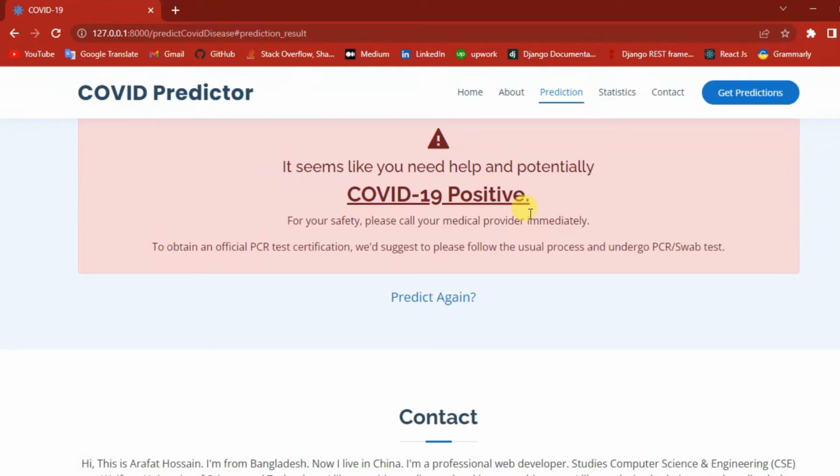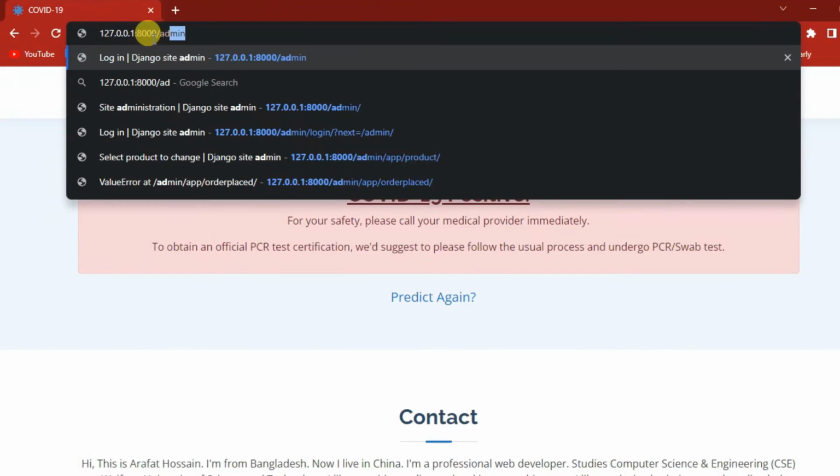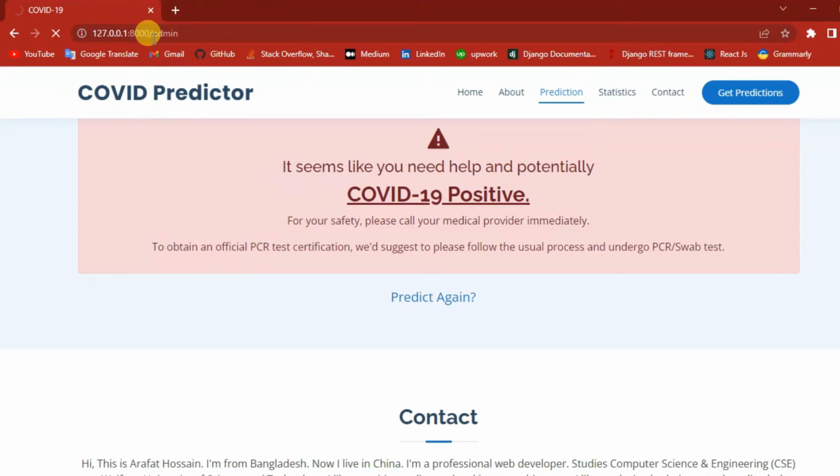This COVID negative or positive result is given based on many medical reports and data. In this application's backend, I used many medical reports and data and trained them with a machine learning algorithm. I also created a database so you can see your result in the database. So if I click on admin,